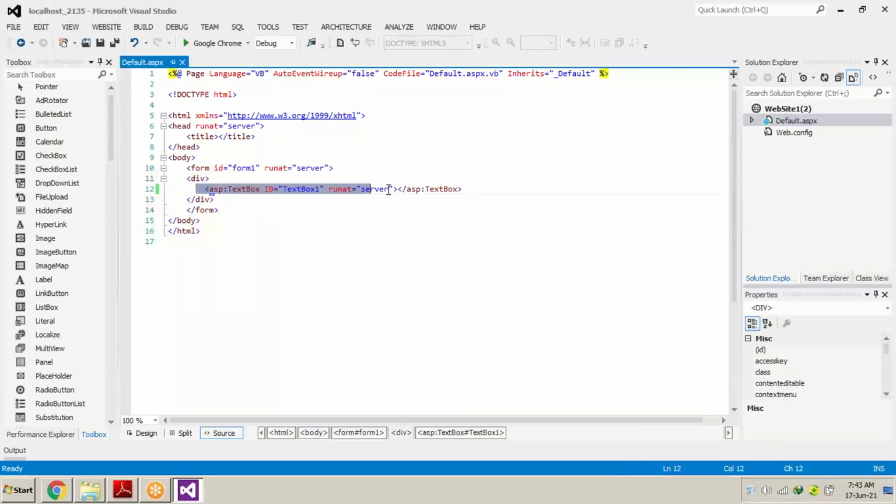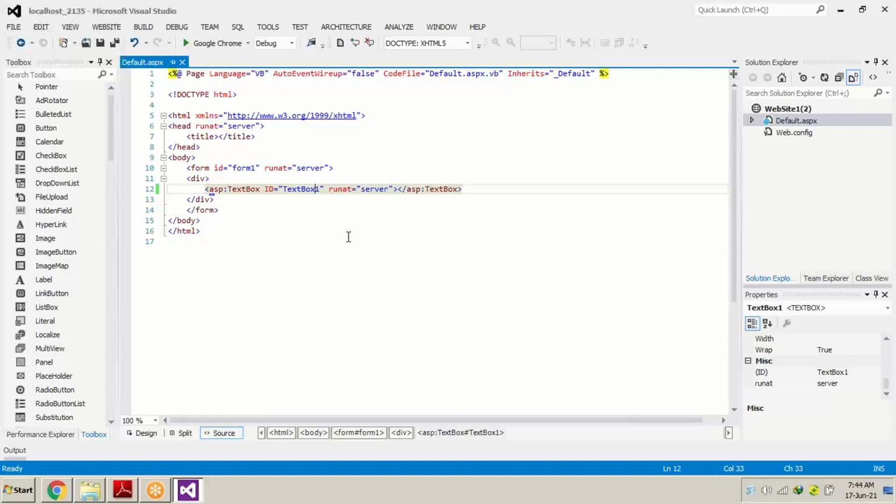Whatever control we put on our page, we have all studied chemistry in our school, isn't it? Every matter has its own chemical properties. In the same way, whatever control we choose, that particular control has its properties.